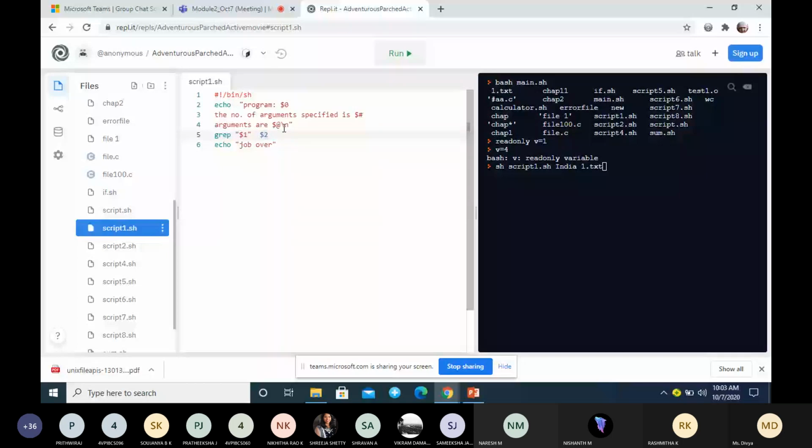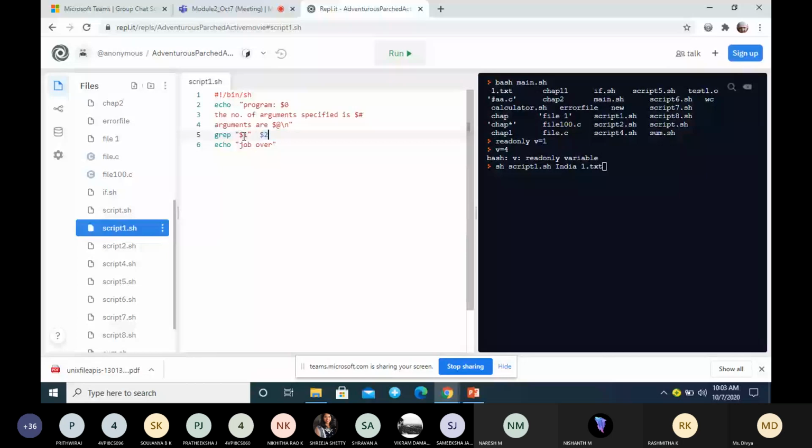It will display both arguments, but each argument will be treated separately. Then it will execute the grep command with $1 and $2. What will $1 have? What is the value stored in $1?